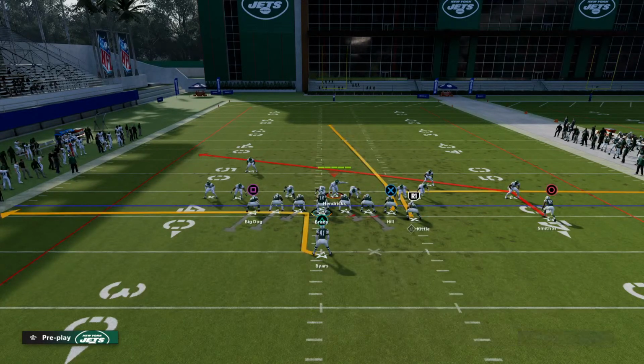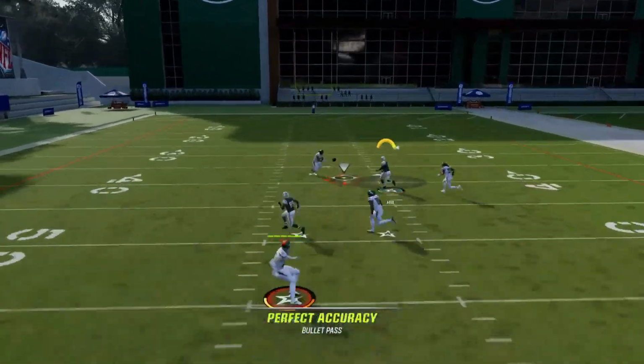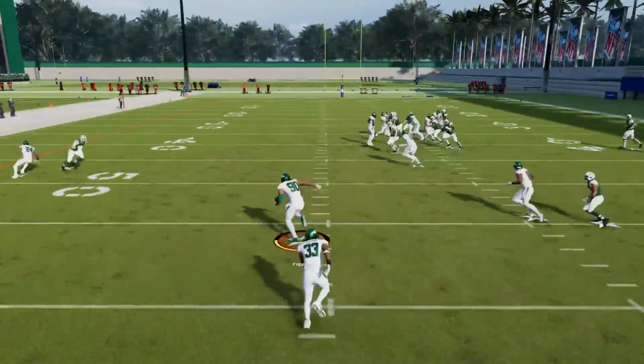We can put him on an out route if we feel like we're going to get better separation. But I'm really looking to hit Taysom Hill here. And you'll see why. I'm just going to run the play and watch how we're going to run this. Now, what happened there is because